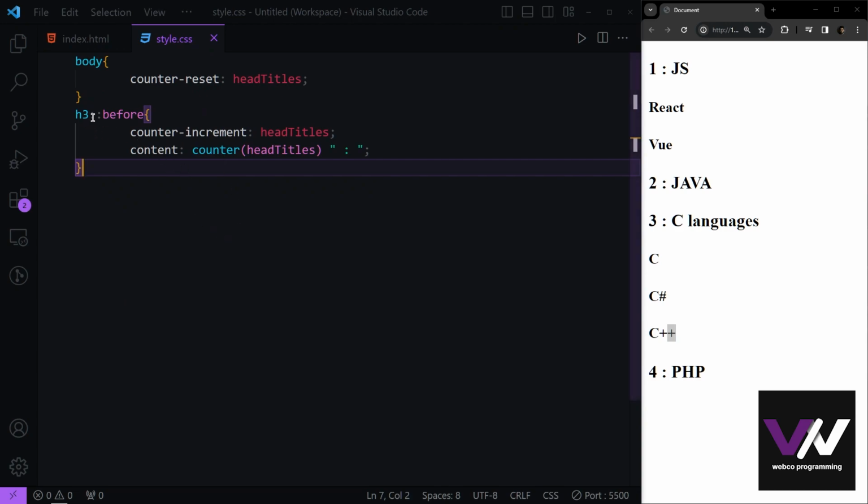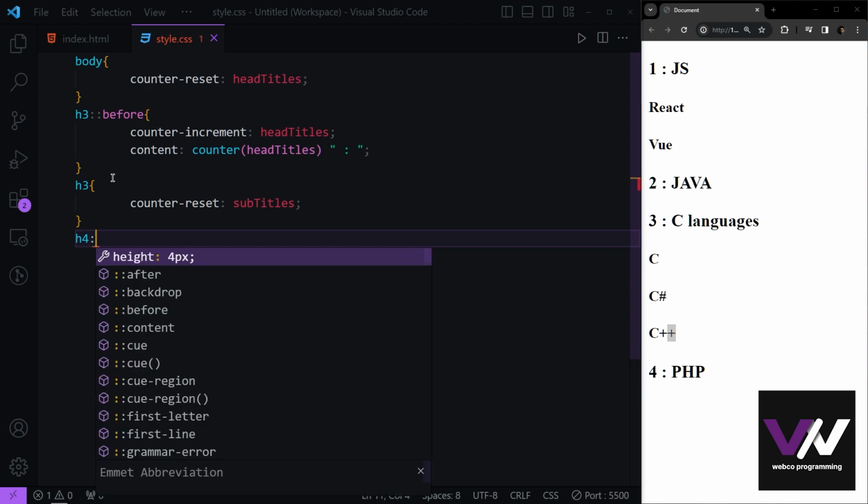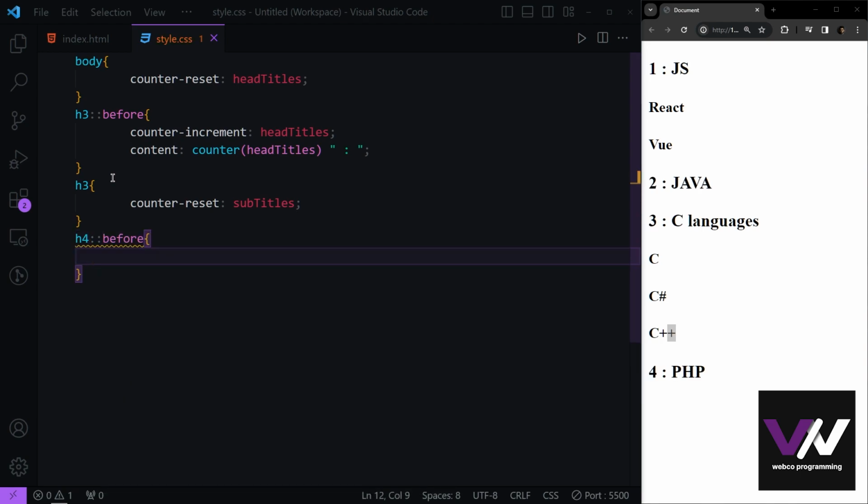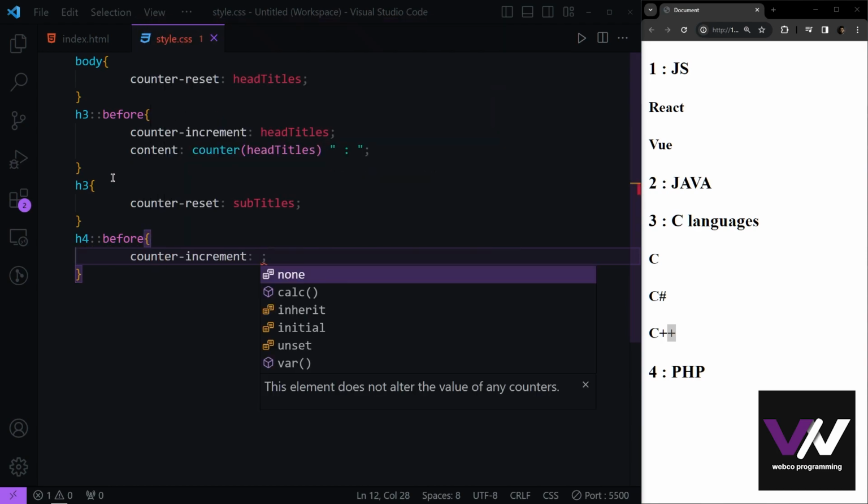So here in H3, we're gonna select our H3, and here we use counter reset of subtitles. And now here, if we use H4 with the pseudo element of before, here we can use counter increment